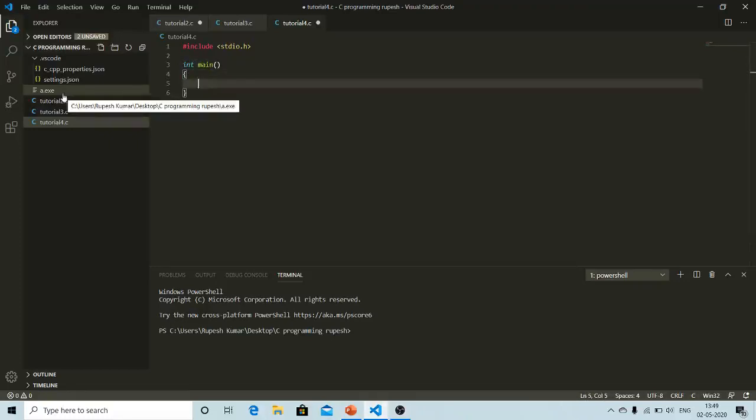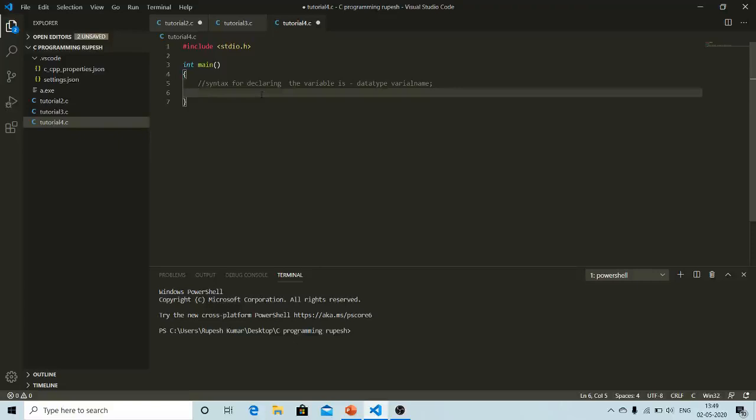Now what was the syntax for declaring a variable? The syntax for declaring the variable is: you have to give the data type, then space, variable name, and then semicolon.